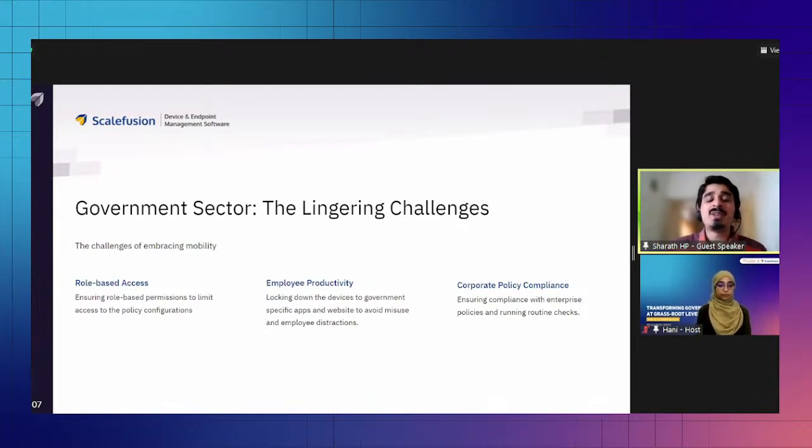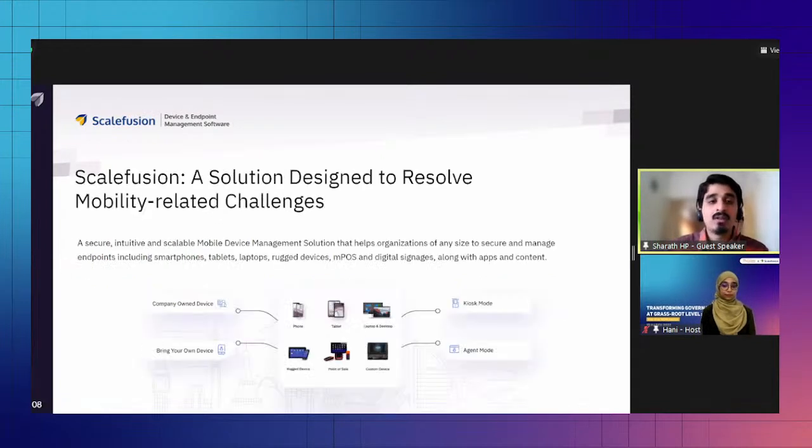These are the 9 lingering challenges that are generally seen in the government sector. Now, this is where Scalefusion comes into picture. Like I started off, Scalefusion is designed to resolve any kind of use case that our customers may have. So we provide a secure, intuitive and scalable MDM solution that helps organizations, including government agencies across